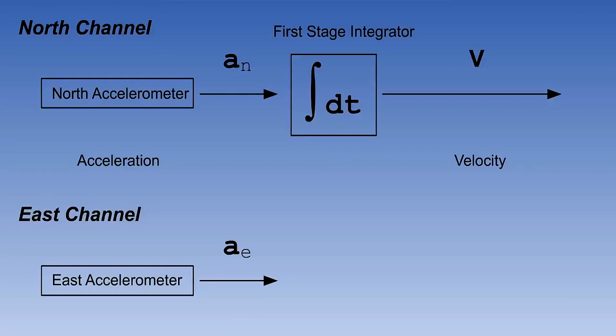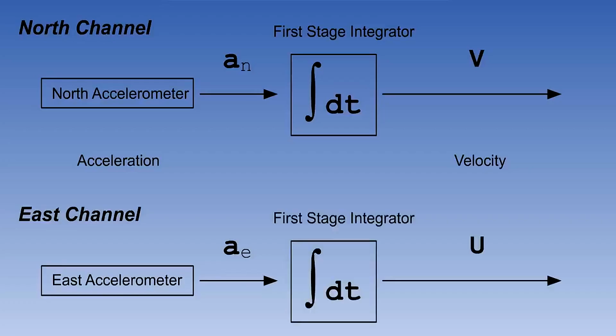Each accelerometer senses accelerations, one in the north-south sense. These accelerations are labeled a subscript N here. If the aircraft accelerates southwards, that is simply a negative north acceleration. The other accelerometer senses accelerations in the east-west sense, which are labeled a subscript E here. If the aircraft accelerates westwards, that is simply a negative east acceleration.